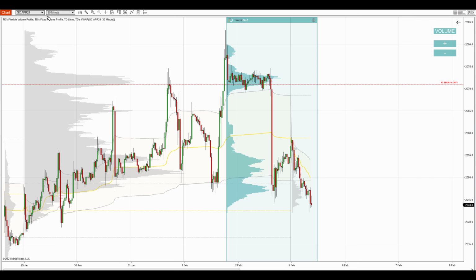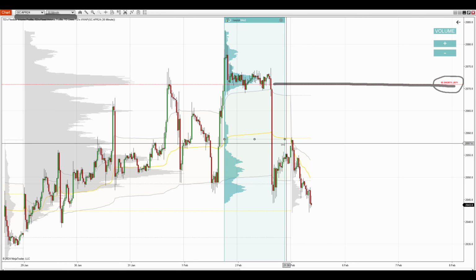So before you, this is a 30-minute time frame of gold futures, and the level that I want to talk about is in here. It is a resistance at 2071, and it is based on a volume profile setup called the volume accumulation setup. So as you can see on the volume profile, which I've drawn over this rotation zone,